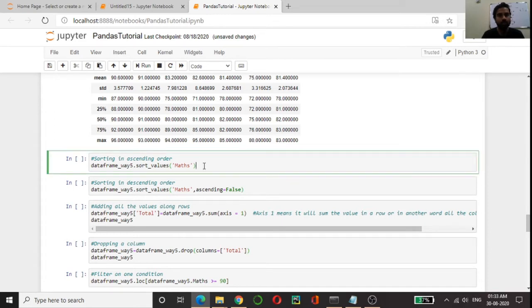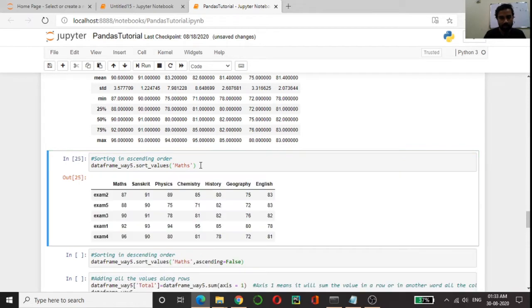Now we can sort our data frame on different columns, either in ascending order or in descending order. The method for that is the data frame name dot sort_values, and we pass the column name here.